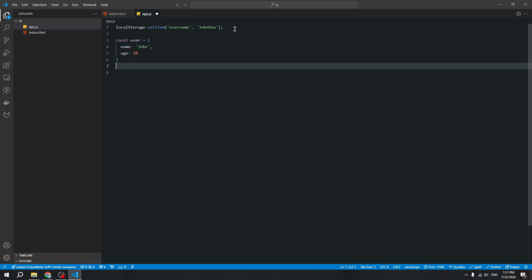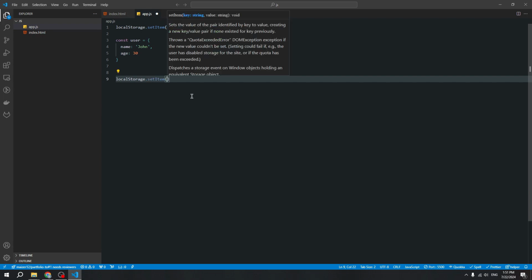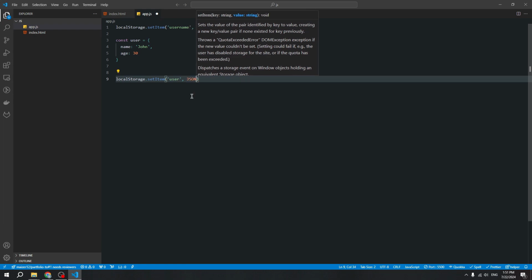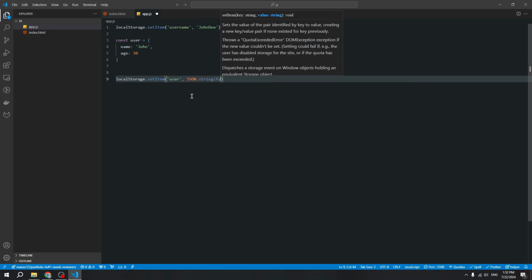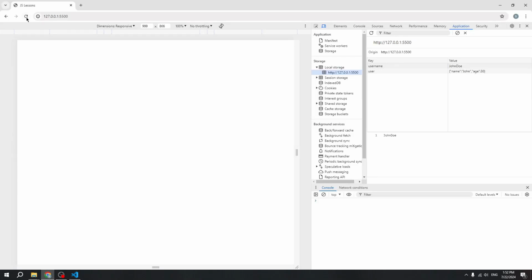to JSON format. Again, using localStorage setItem, and now create a new key user, and now we need to use the global object JSON and the method stringify. This method converts our object to JSON format. Add our object inside, and let's look at the window. As you see, we have two elements inside our local storage, and now you can ask,